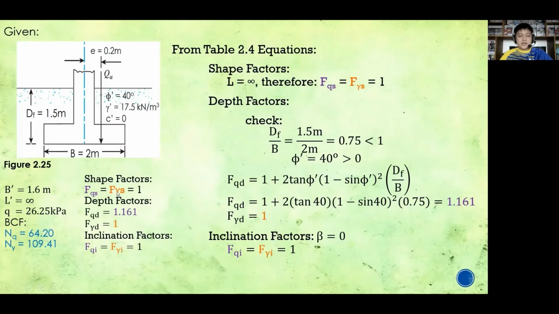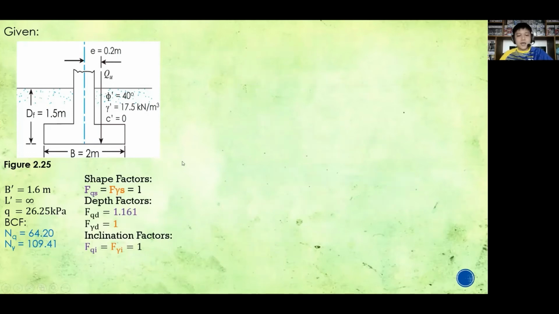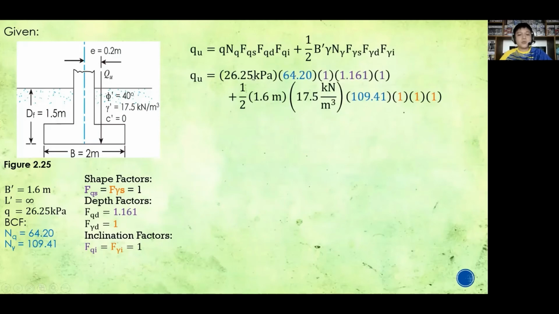So let's consider or set aside our factors and identify qu. So for qu, it is equal to q, 26.25 times Nq of 64.2 times Fqs, that is 1, Fqd 1.161, and Fqi as 1, plus 1/2 times B prime, not B, so B prime as 1.6 times gamma 17.5 times N gamma of 109.41 times F gamma s of 1, F gamma d of 1, F gamma i of 1. qu therefore is equal to 3,488.315